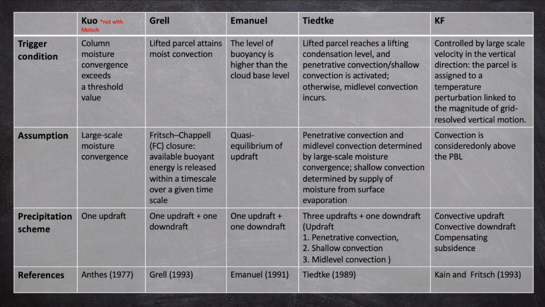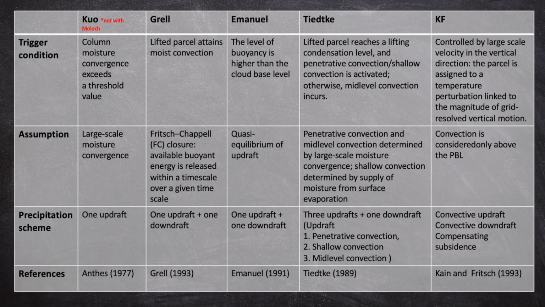And here you can see in the first row we have the trigger conditions. So for each scheme, what is the situation that activates the convection? And then you can see the different assumptions made by the scheme. I will not go into the details, but you have the slides so you can further explore the table